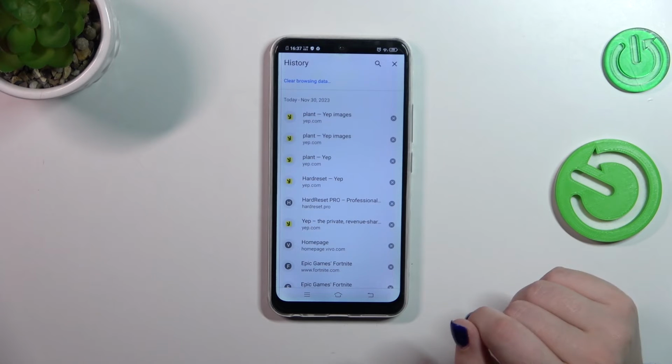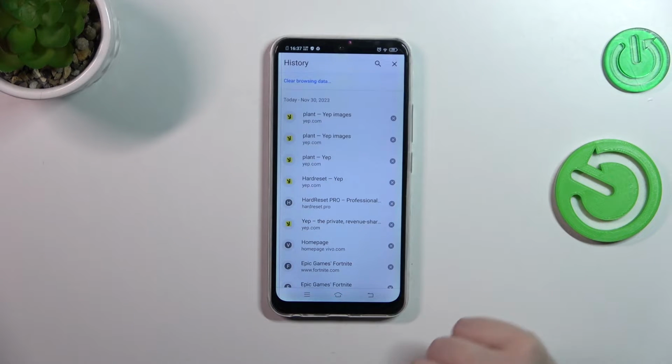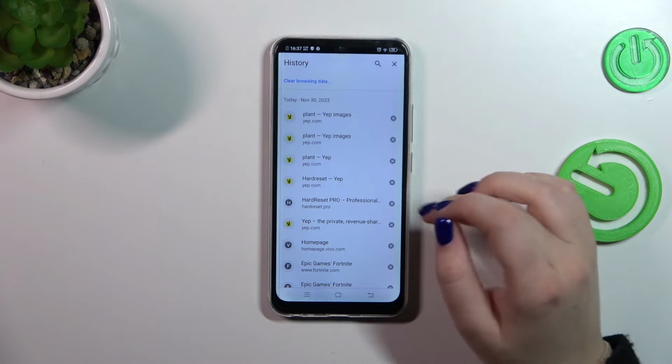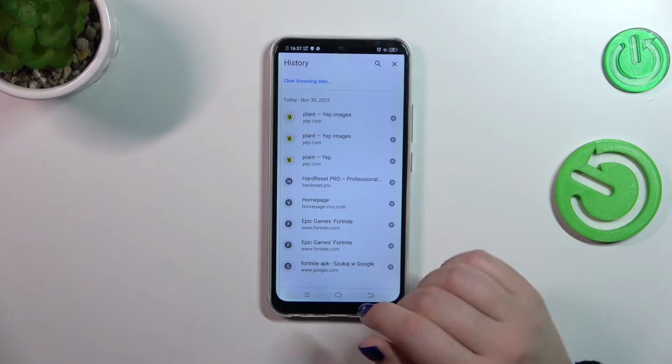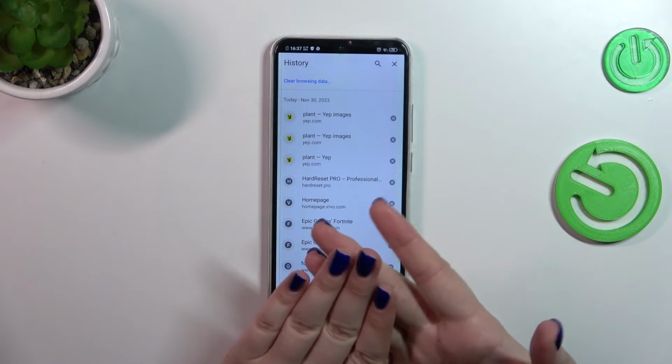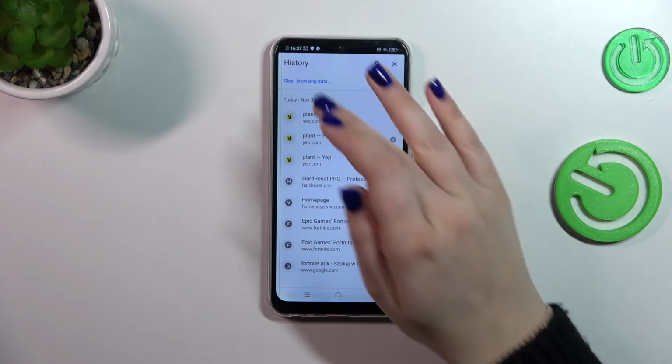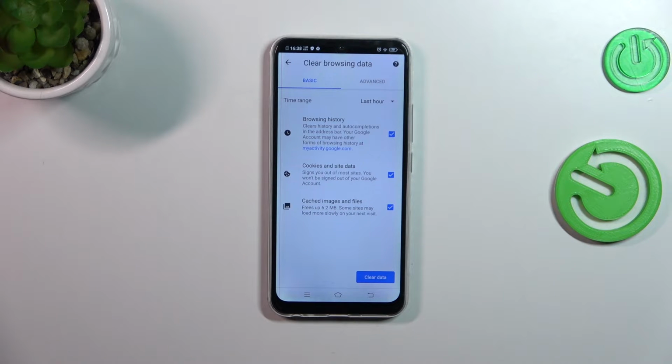on the history. As you can see here, we've got the previously opened apps or actually websites, and if you want to, you can remove them manually just by tapping on this X button right next to it. But if you've got a lot of websites saved, simply tap on the clear browsing data, because here we've got